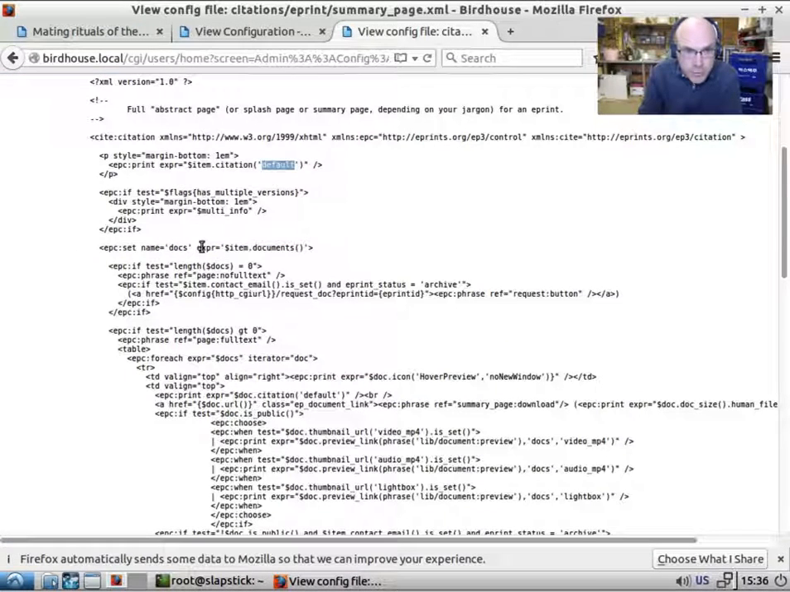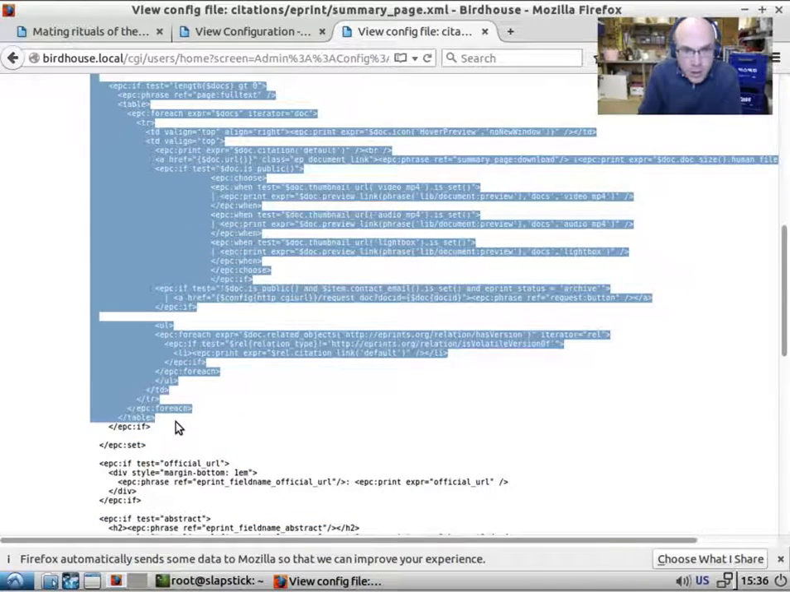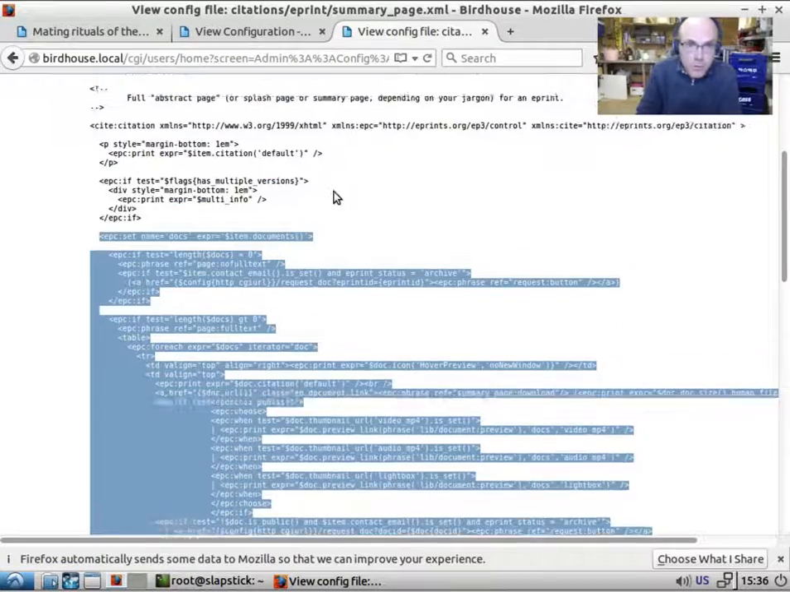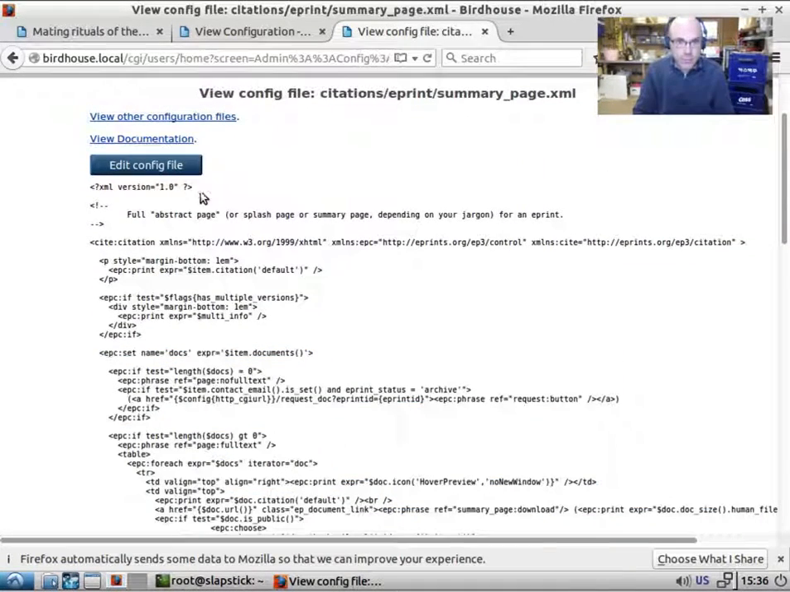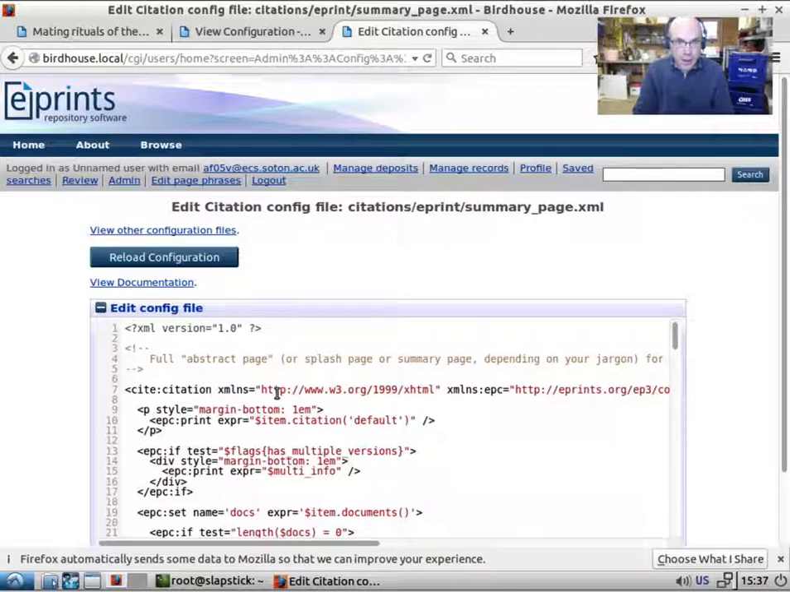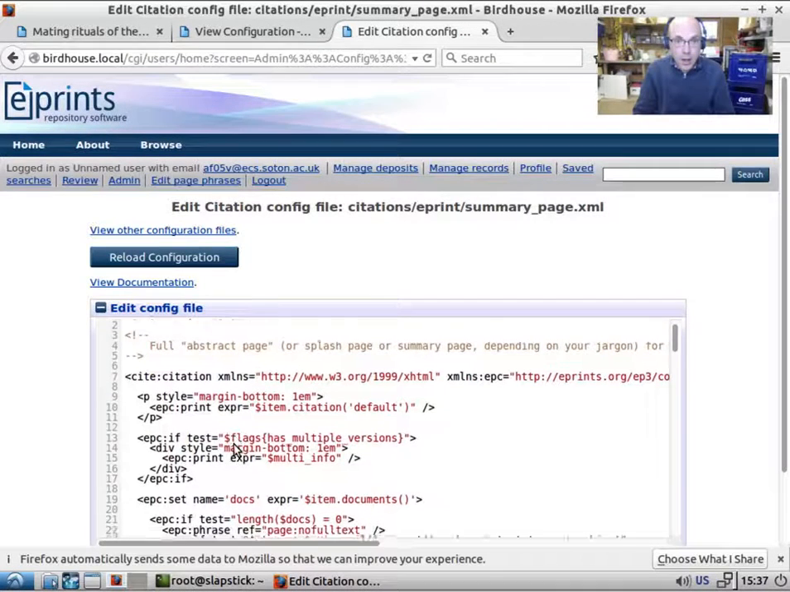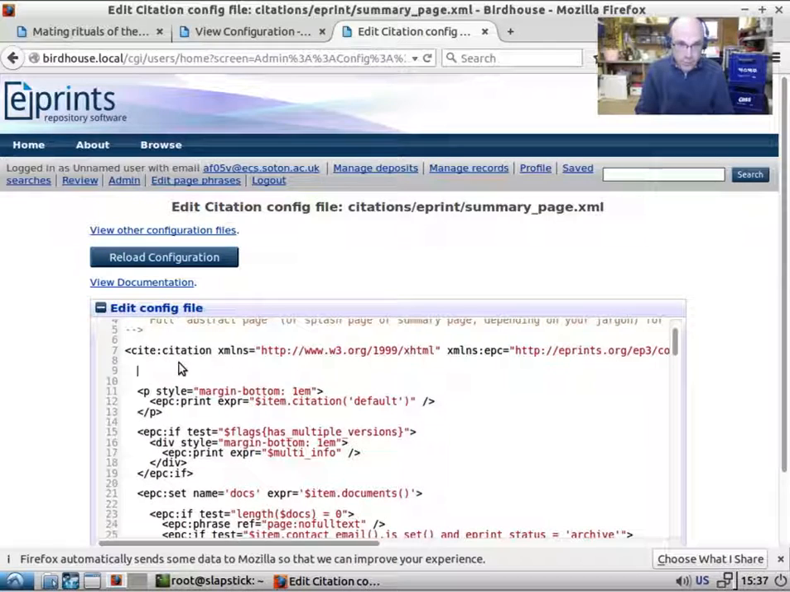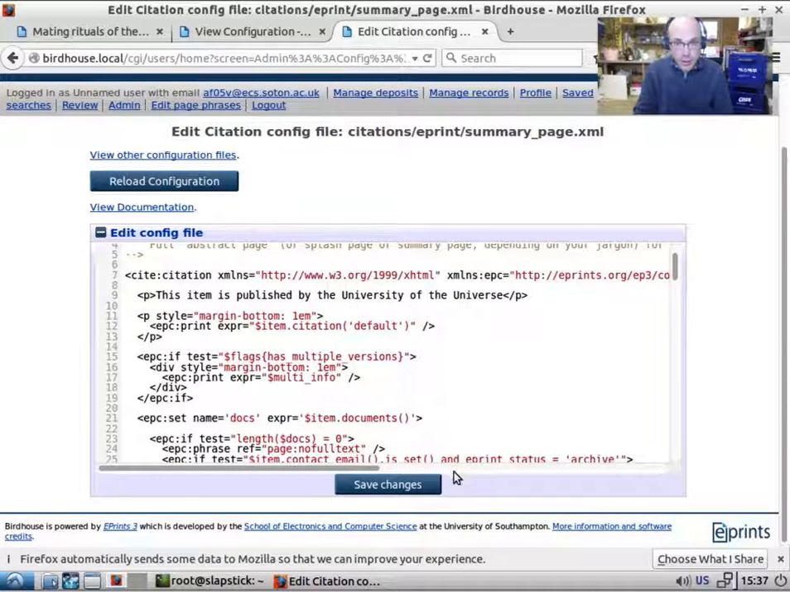If we switch back to this, we'll say if the documents is set, we're going to loop through the documents, and we've got this kind of complicated loop. So if I wanted to modify this and have a little bit of a bump about the university, I can just stick a paragraph in here and say this item is published by the university. And if I save that,